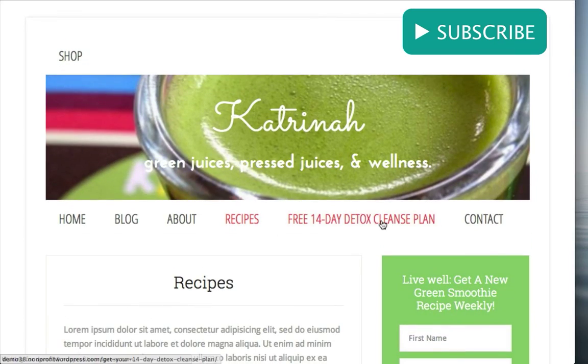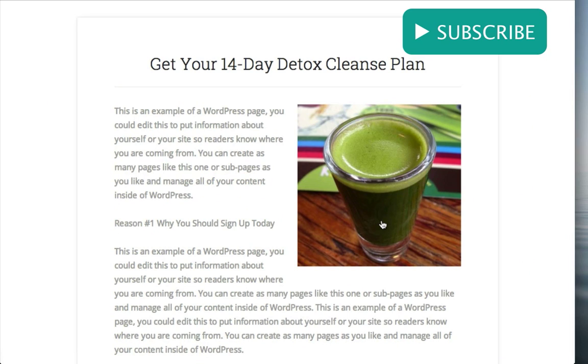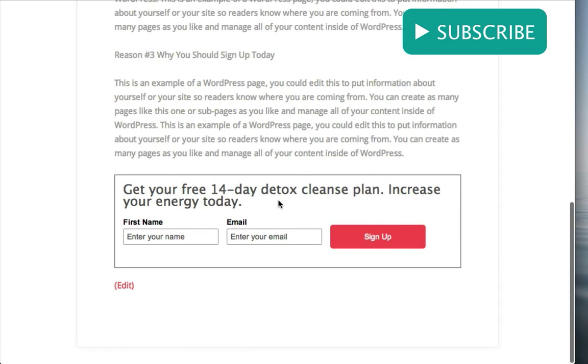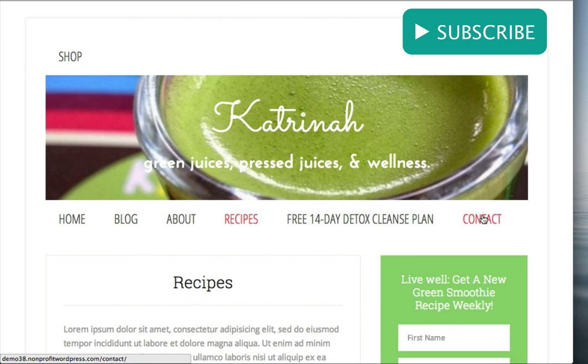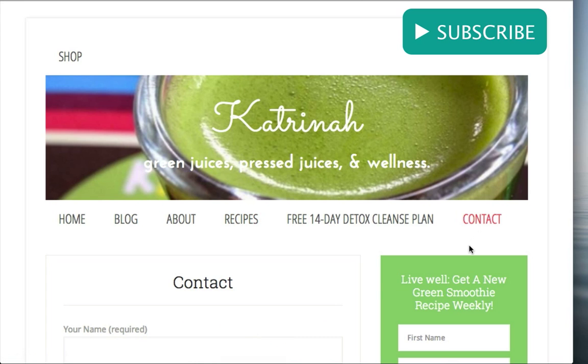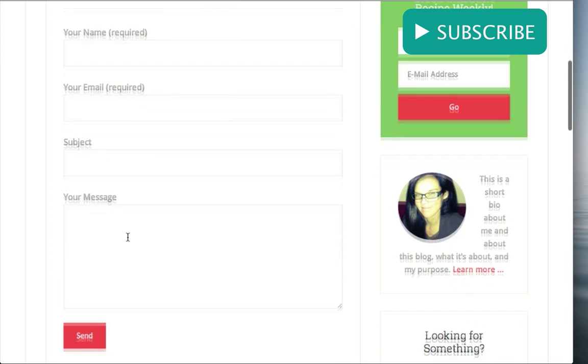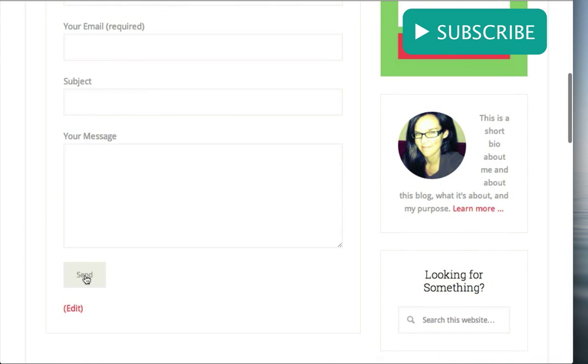Then we have our landing page. Again, a landing page is a great way to focus attention completely on the offer that you want to present to someone. We have our call to action, the different reasons why someone should sign up, reason 1, reason 2, and then reason 3. And then at the bottom we have our all-important email opt-in form once again so anyone can take advantage of this offer by signing up. After the landing page, we have a contact form where anyone can easily contact you directly from within your website by simply filling out their name, their email, the subject, and a message, and submitting it by clicking on the send button.